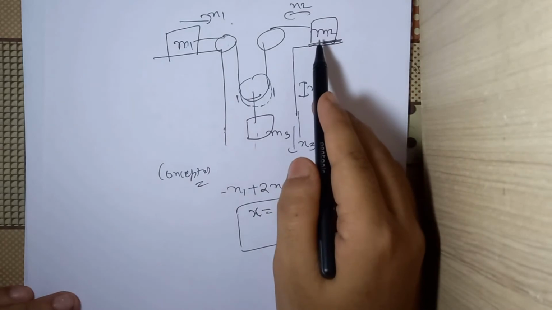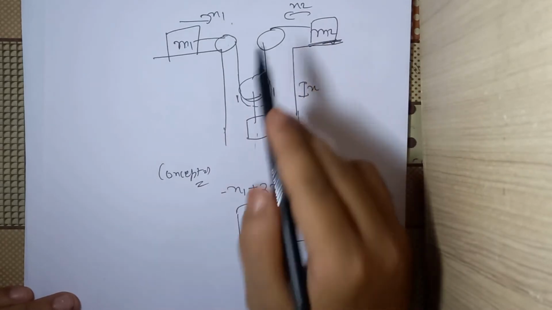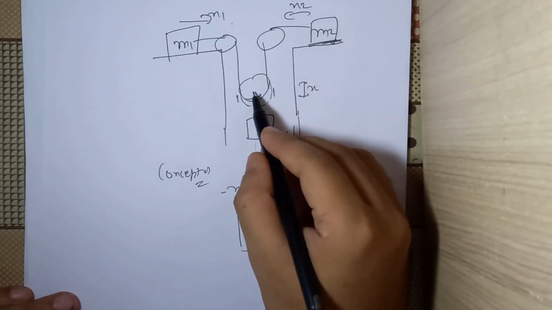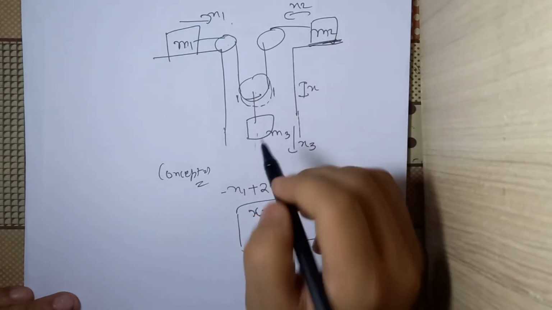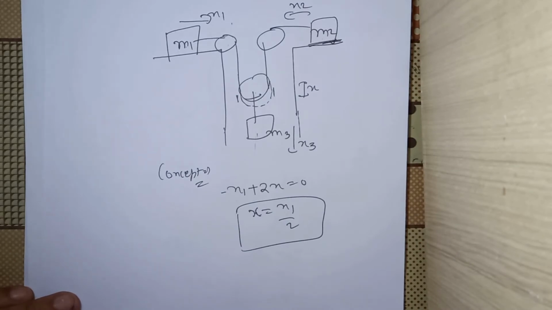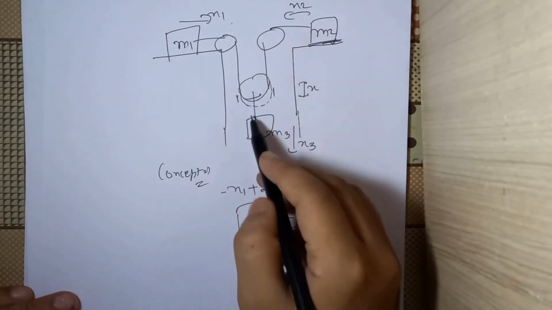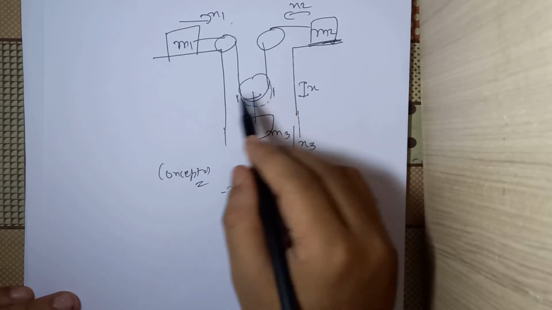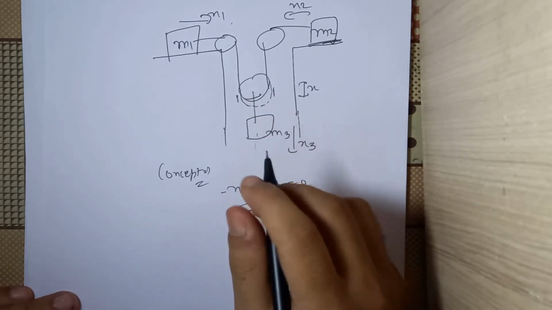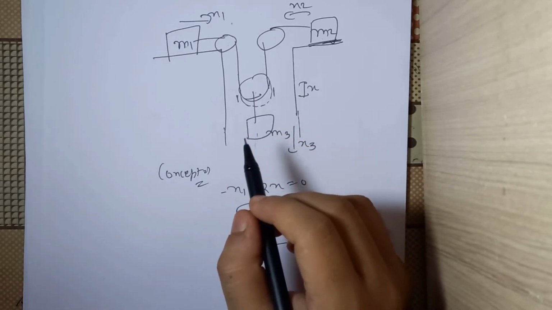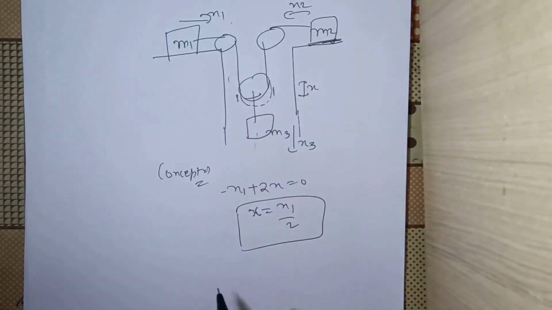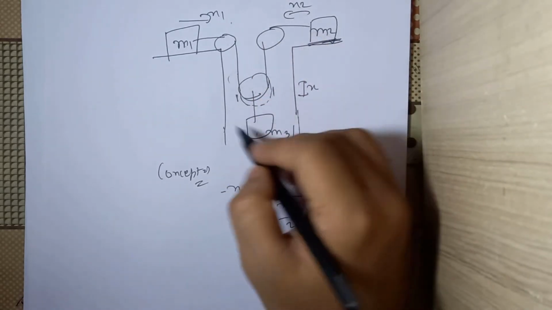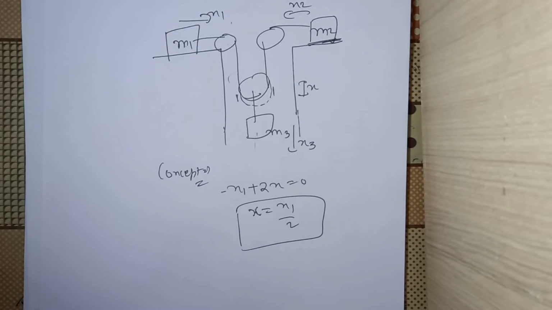Similarly, we can say that m2 will also move by x2 leftwards, and to create this x2, the center of this pulley has to move downwards by a distance of x2 by 2 only, because if it moves by x2 by 2, then there will be addition of new rope of length x2 by 2 on both the sides, and ultimately a new rope of length x2 is added to this part of the system. So ultimately x2 part of rope is decreasing here and x2 part of rope is increasing here, and that's why they're equal.